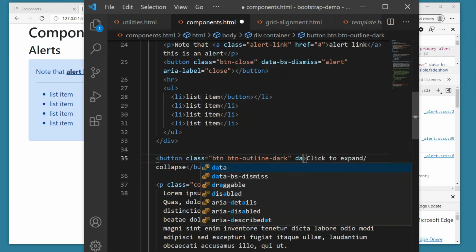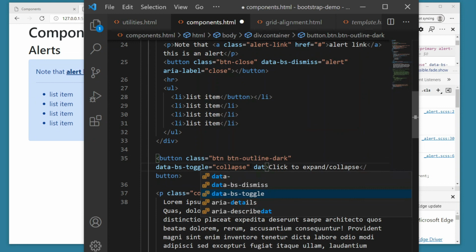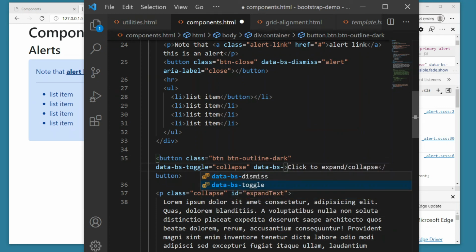So we start with, again, a data attribute, data BS toggle collapse. This means that when the user clicks the button, it will run what is basically Bootstrap's collapse function behind the scenes. We have to tell that JavaScript function which item is going to expand and collapse, and for that we use a data BS target. So think of it as the target of the function, the thing that it will make expand and collapse. And for that we refer to the ID that we just created here with first a hashtag, then the ID